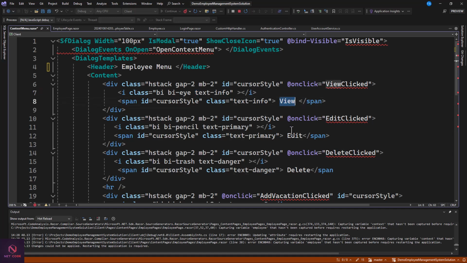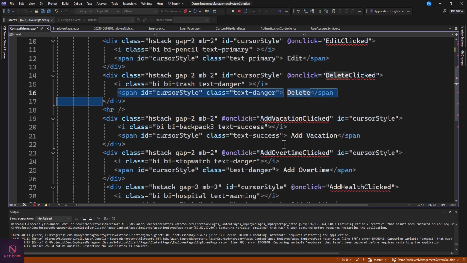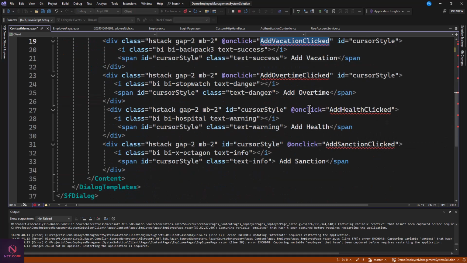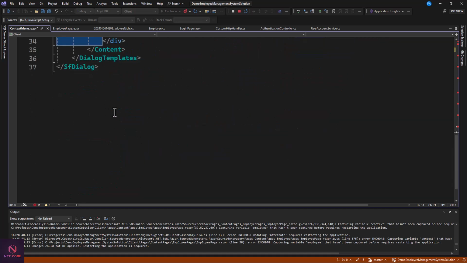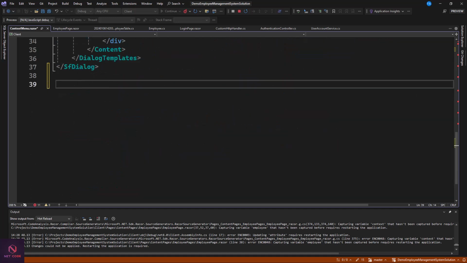View, edit, delete. You see, we have this add vacation, overtime, health, and our sanctions. So we have this menu in here. And this means we are going to create separate modules for each. Okay,